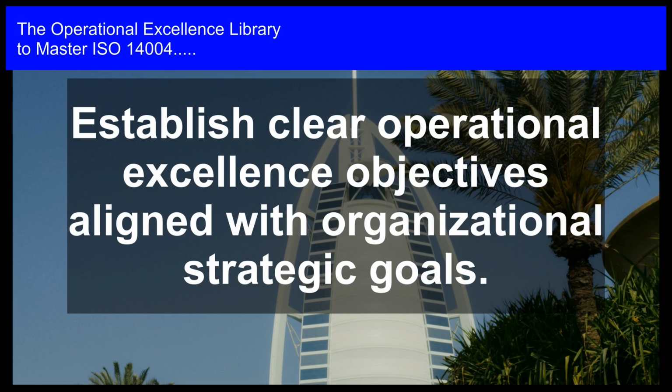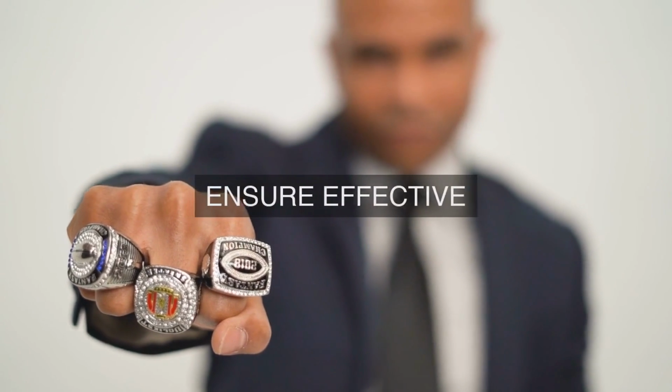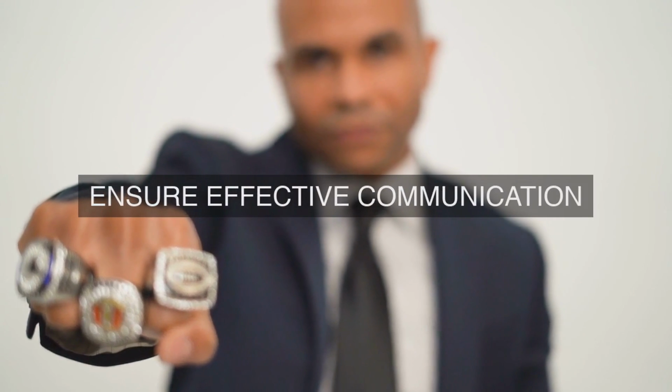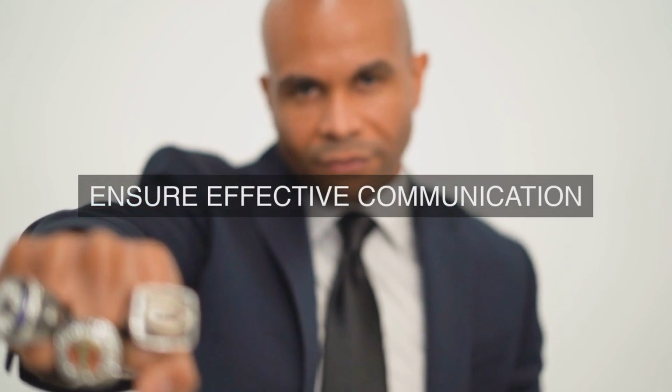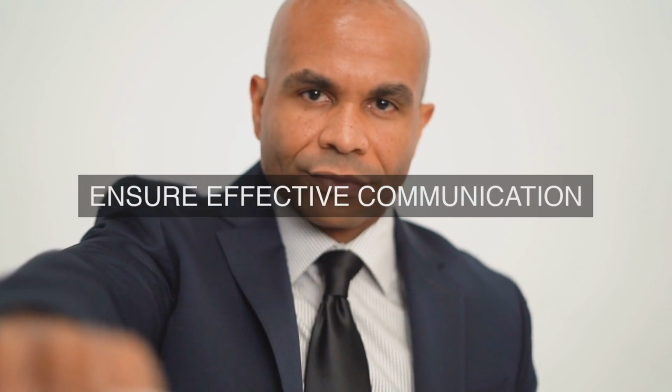Firstly, the ISO 14004-2016 standard provides guidance on establishing, implementing, maintaining, and continually improving an environmental management system, EMS. Clause 6.2 of the standard outlines the requirements for setting environmental objectives, and Clause 6.2.1 specifically addresses the setting of